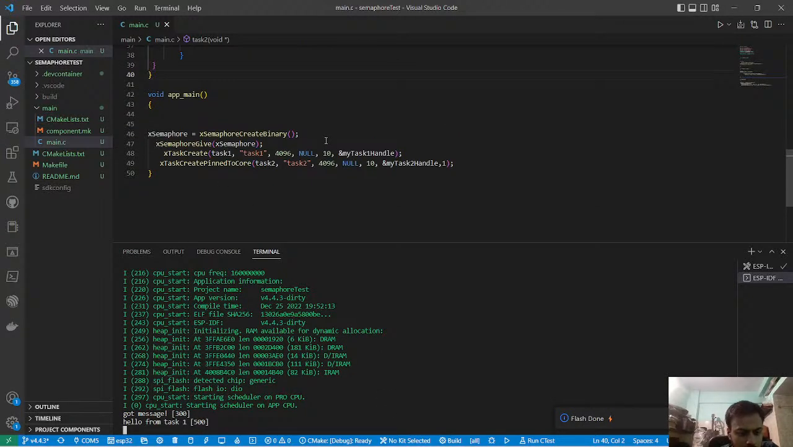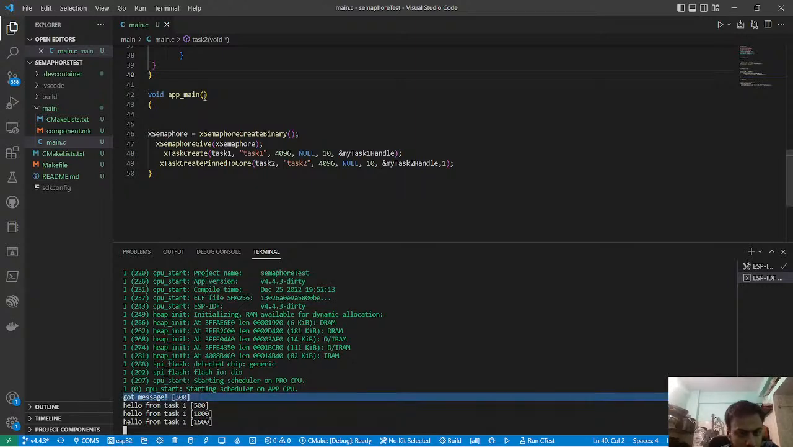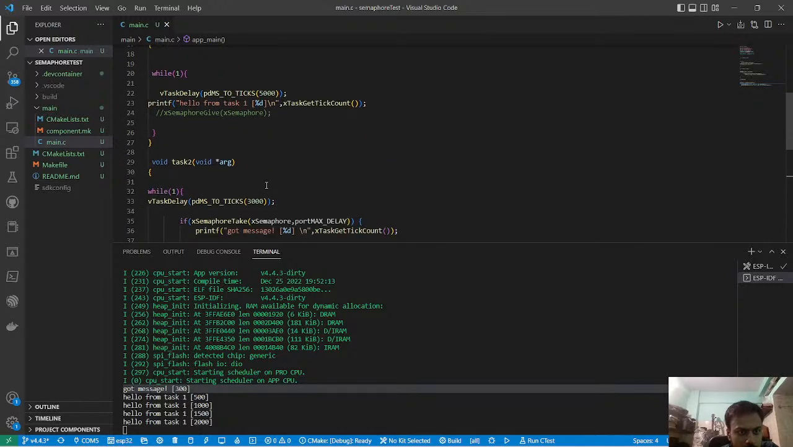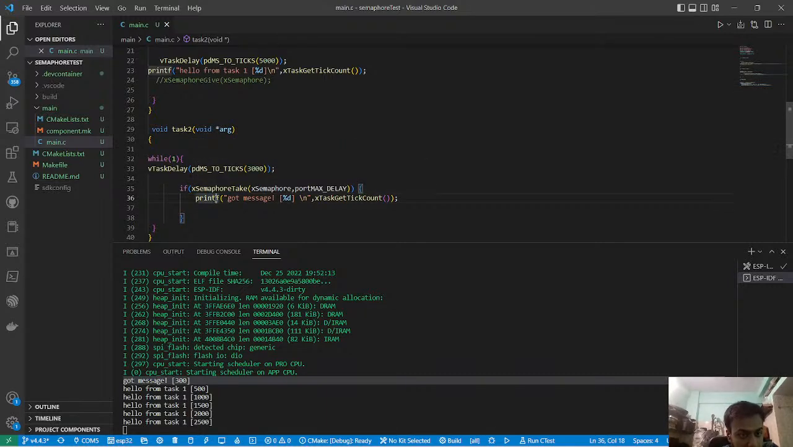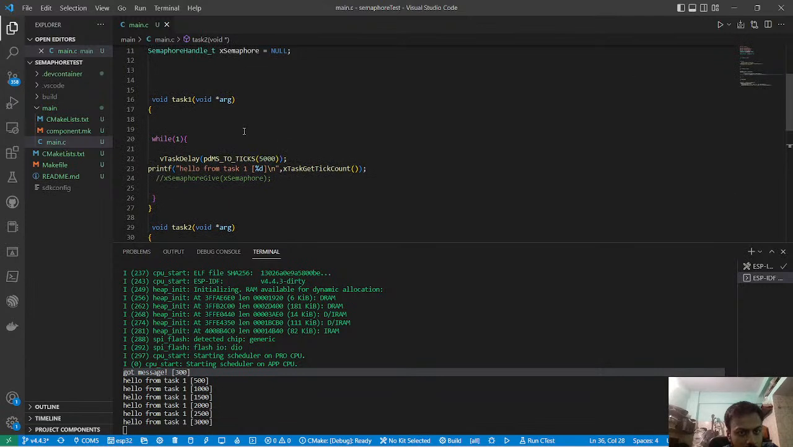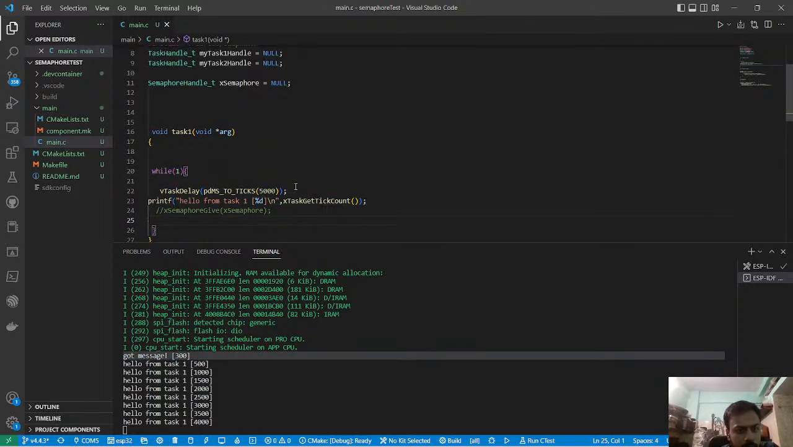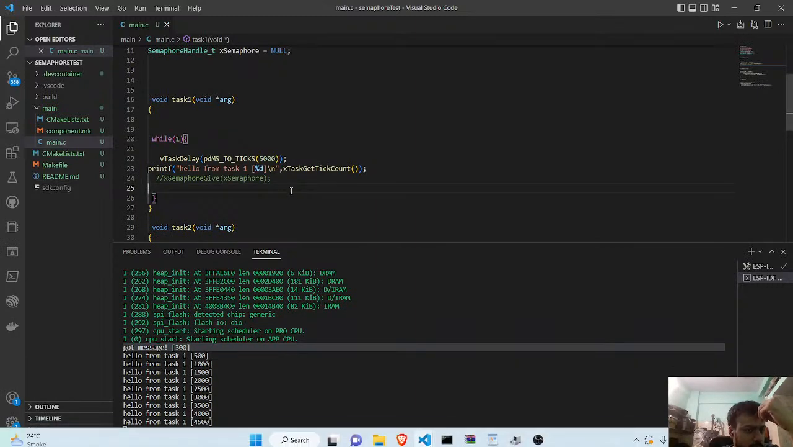Okay, so we are now getting both. We have got the message one time because we have got the access to the semaphore here, and after that we were able to get it once from here, but somehow we lost the access when task 1 ran one time. So I don't know who is blocking the access then. Okay,